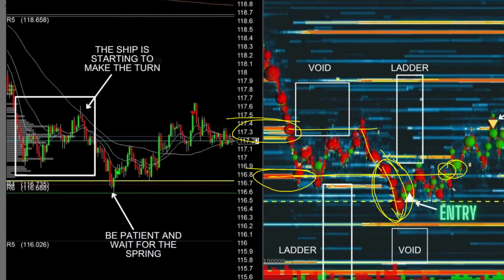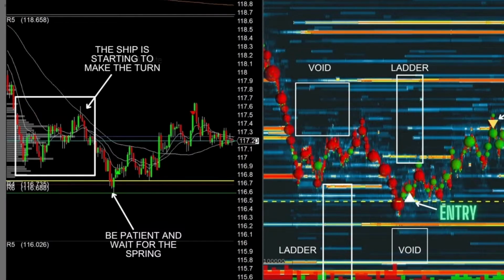I would probably be looking at it around here, and looking for those aggressors. I like you taking it off here at the top, but I'd probably be shooting for maybe up here. Hard to say though, because I don't see higher time frame stuff to understand what levels it might go to. Well, I will say I was watching price action all the way till that first test of 117.